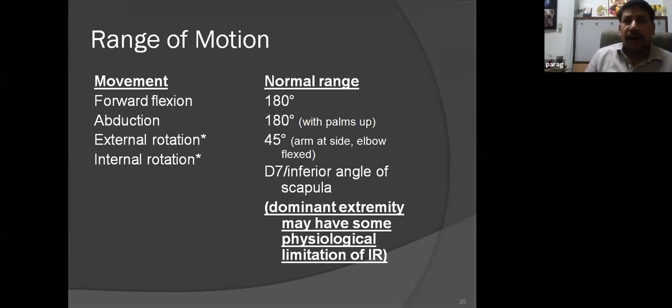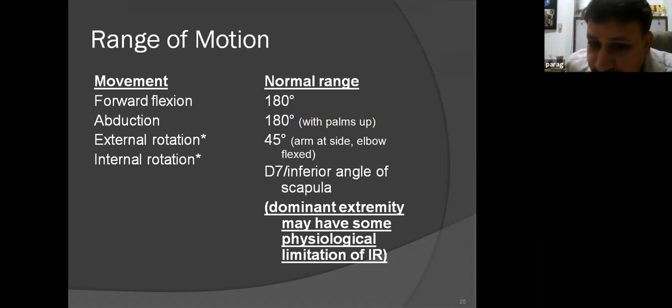Some people will come and they can hardly reach their trochanters. Some can go to the SI joint, some can go to the sacrum, the lumbar, etc. Normal internal rotation with the thumb up, you should be able to reach the inferior angle of the scapula, which corresponds to about D7. Now, if you are dominant on one side, and you check both your arms at the back, if you are right dominant, your right-sided internal rotation can be less than that of the left. All of you can even try it now.